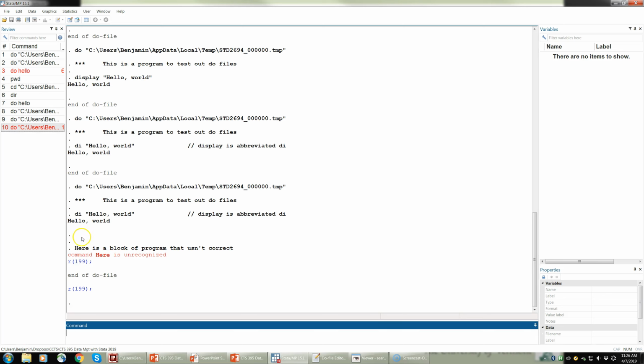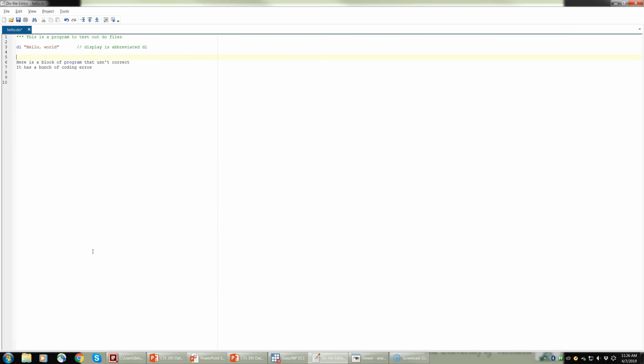It's not a recognized command. Here is not a Stata command. So, in fact, this whole chunk needs to be debugged. I didn't do it right. I'm going to block it out. But I'm going to add another command down here that says